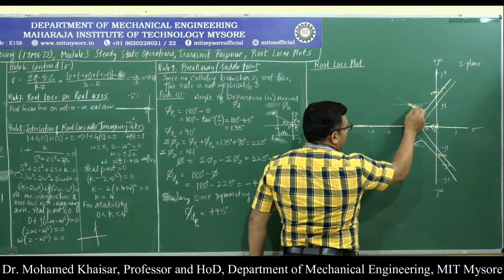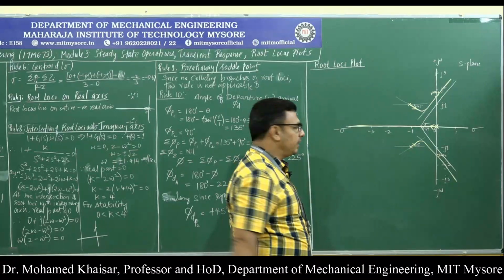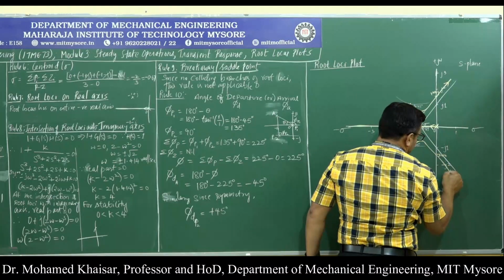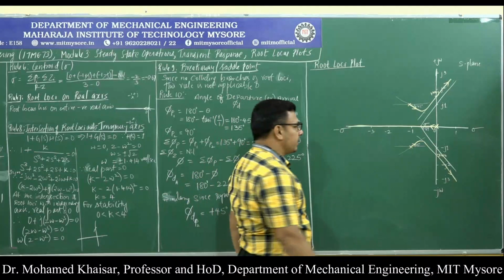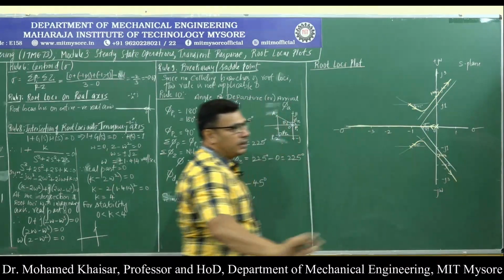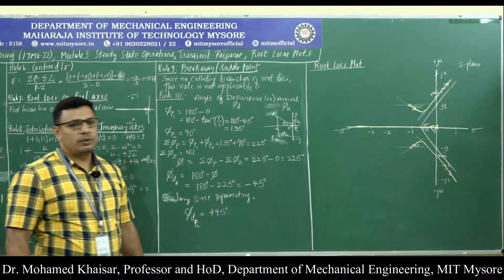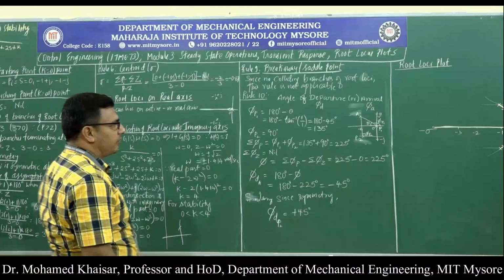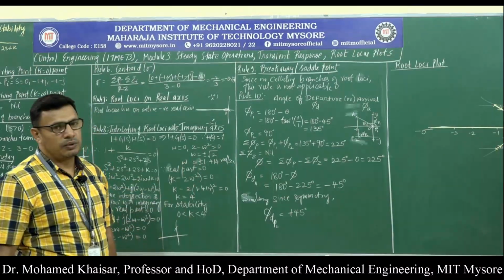These two are the poles, so they are the starting points for root loci. The arrows should be leaving them, and where are these two branches going? They are going till infinity. What does it mean? All three branches of root loci are going to terminate at infinity: that is one branch, second branch and third branch. So this is the root locus plot, and this is exactly the illustration of whatever analytics we found to draw the root locus plot.